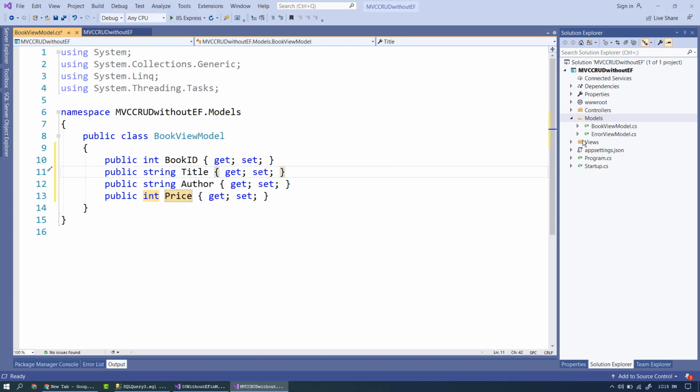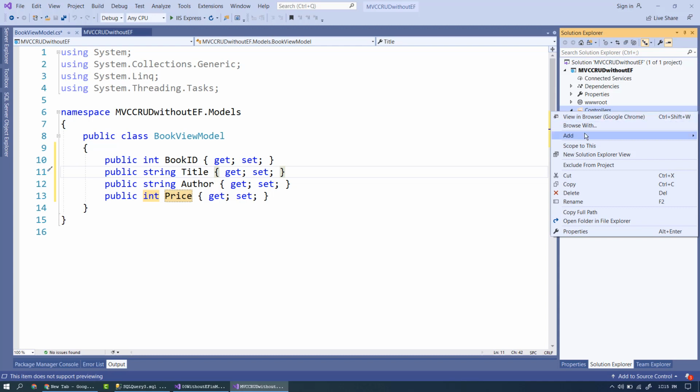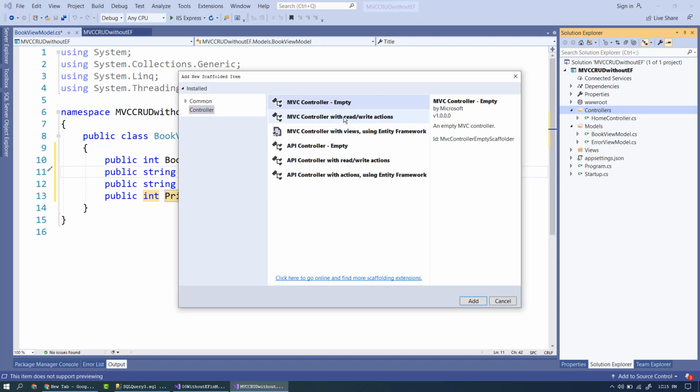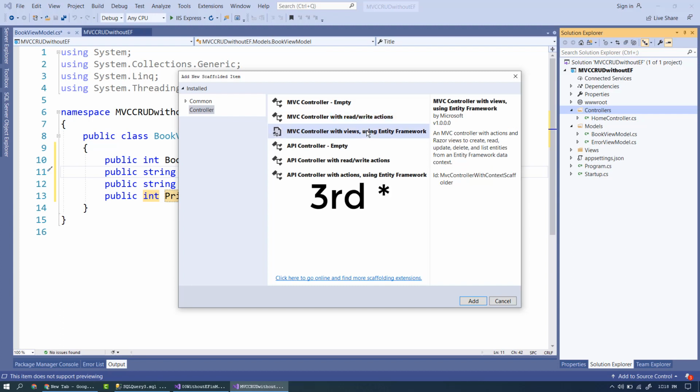Now let's create a corresponding controller inside this Controllers folder here. So right click on it, then add controller. For this MVC project, we have 3 scaffolded items available here. First of all, we have this empty template. It will just create a controller class with the provided name. With the second method here, read or write action methods, it will create a corresponding controller with action methods for all of the CRUD operations, but there won't be corresponding view files. If you also want to include view files for the corresponding action methods, you can use this third method here,